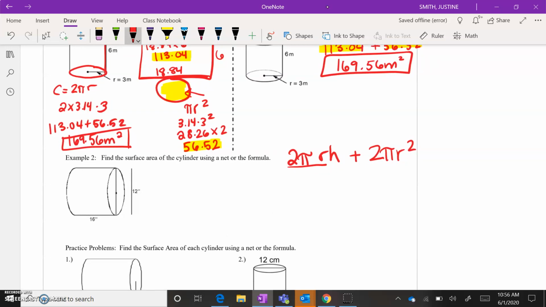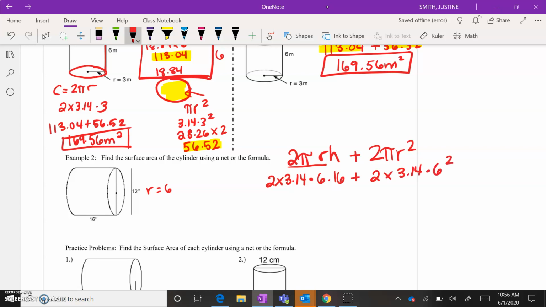So if I plug this in, I have 2 times 3.14 times the radius here. Make sure the radius is 6, since the diameter is 12. And the height of the whole cylinder from base to base is 16,